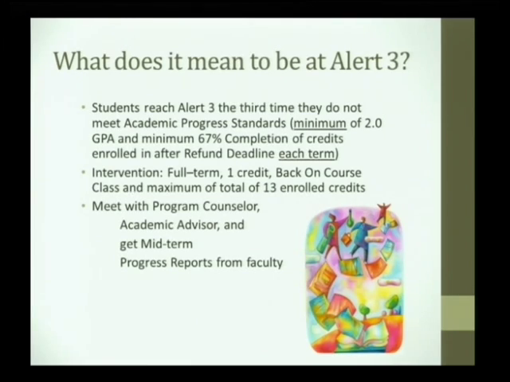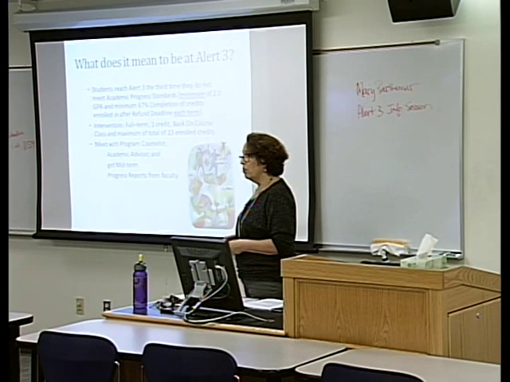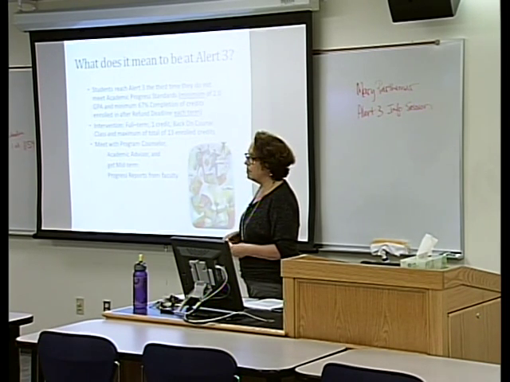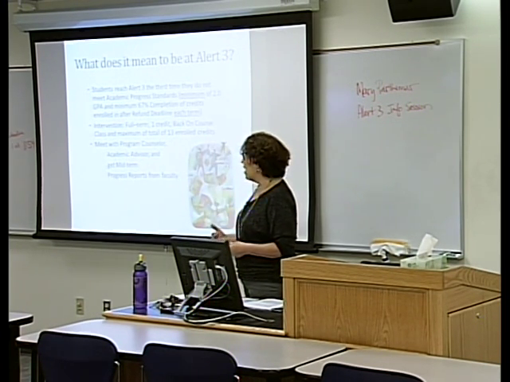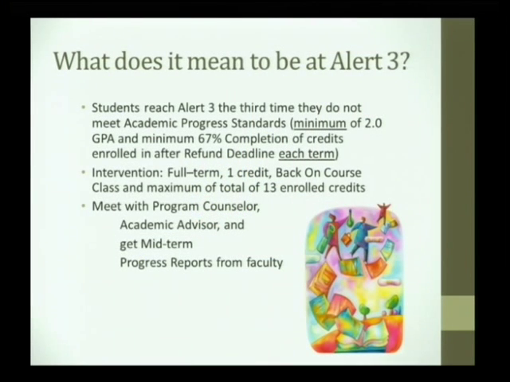And so it would be my recommendation that you go ahead and meet with your academic advisor or program counselor now as you're planning your next term's classes, winter term's classes, and that part of what you're going to have to do is have a term-by-term planner up to date to the end of whatever your certificate or degree program is. So better that you do it now before you even get into the Back on Course class so you can use that information as you're registering. Just let them know when you're going in. I'm on Alert 3. I'm going to be going into Back on Course.